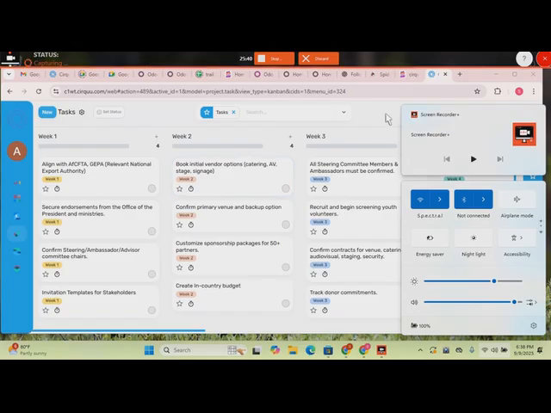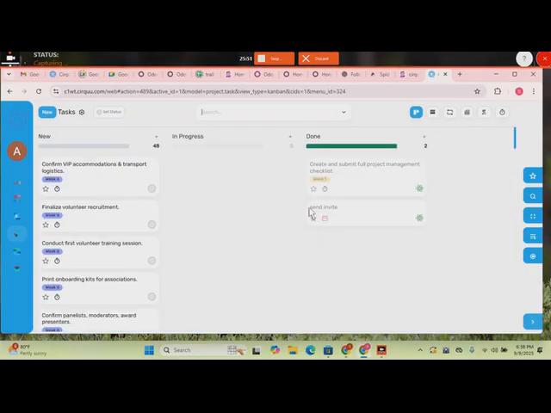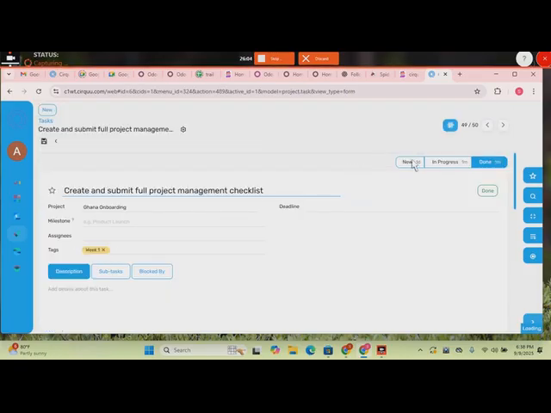Okay, so now that we've jumped back into task, let's remove this filter just so that we can see how it was before. And we can now see that the task that I moved to the done stage is now in done from that other view. If I click on it, let's just revert back, seeing as we don't know if this is done yet. So just move this back to in progress, and it's back to the new column. If I go back to task,